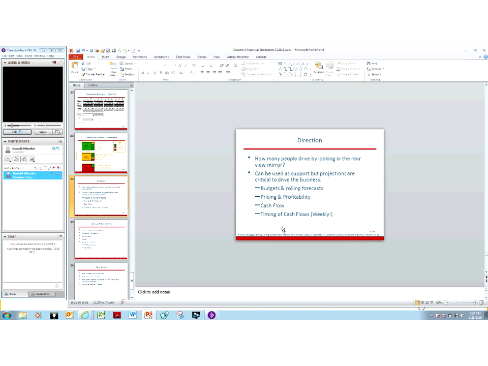Other things that are forward-looking: what do we need to be doing about pricing? How do we need to be looking at profitability, usually by business lines or product lines? We really need to be focused on cash flow and predicting cash flow. And this is a key deliverable that we have to provide to our investors weekly,